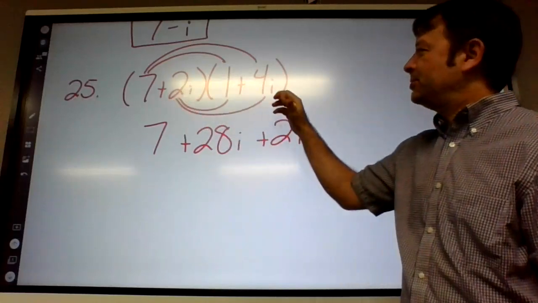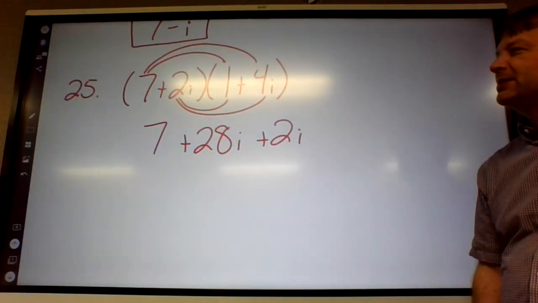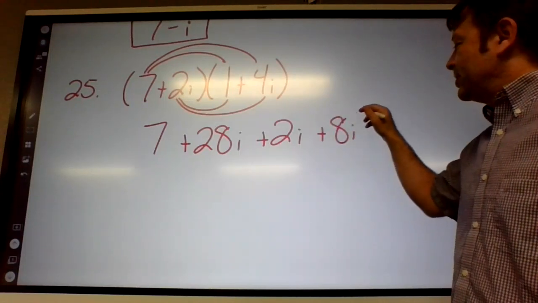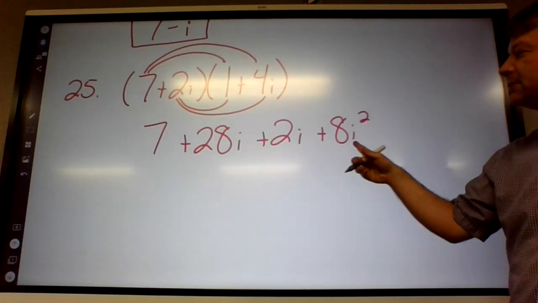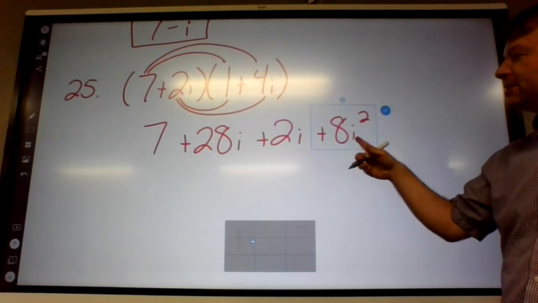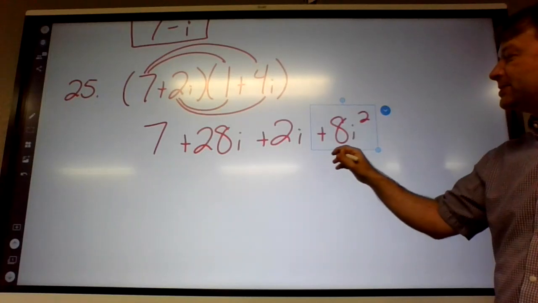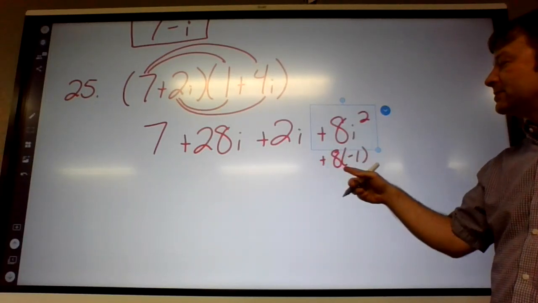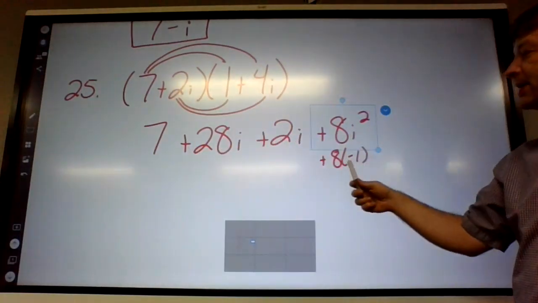And then how about this? 2i times 4i. 8i squared. But what is 8i squared going to turn into? 8 times 1, so 8. No, 8 times negative 1. Negative 1. So that's basically a negative 8. Yeah, negative 8. Okay, so 7 minus 8